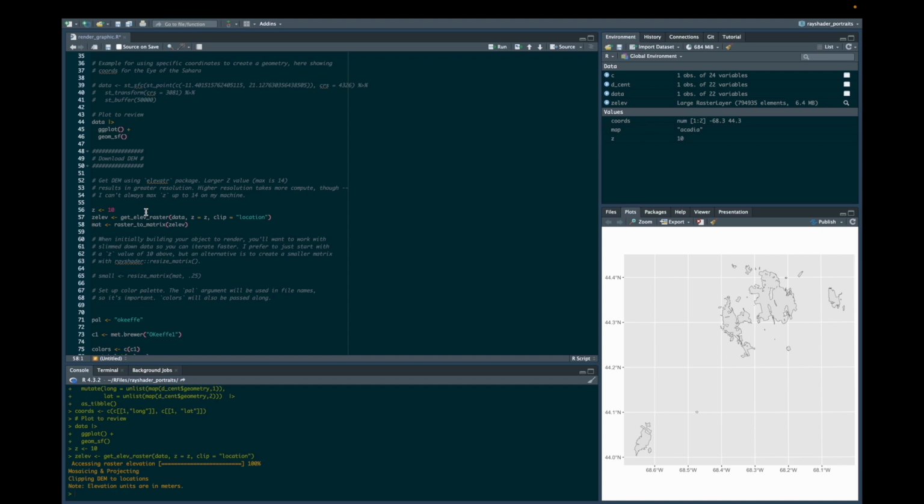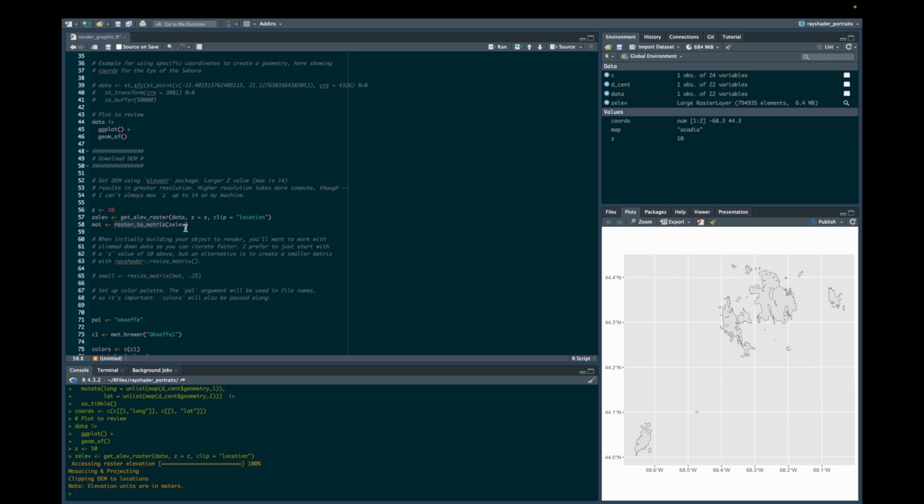But when we're preparing for the final render, I'm going to kick that up until it's like 300 or more megabytes. Okay, next we need to convert the raster object, which is what this Z11 object is, to a matrix,